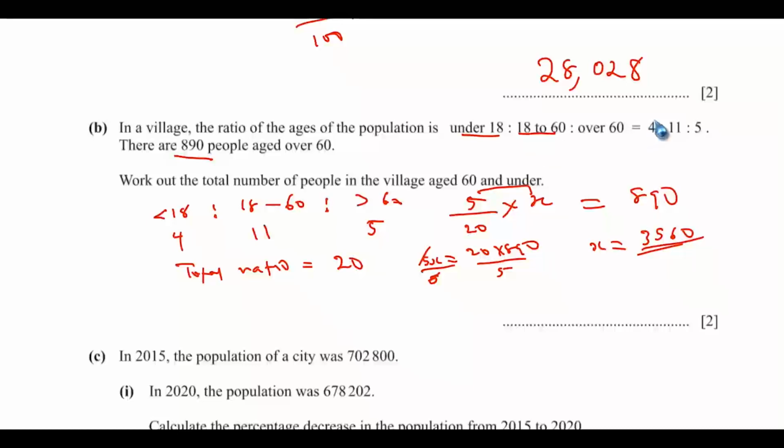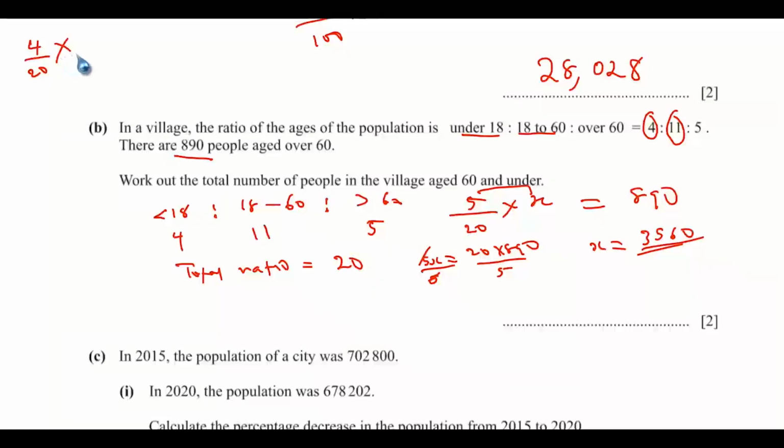The total number of people in the village aged 60 and under will be this and this. We are dealing with ratio 4 and ratio 11. Ratio 4 is meant for under 18, and ratio 11 is meant for between 18 and 60. These are the two ratios we need. Since we know the total population to be 3560, I can work it out here. Let's go with the first one. For those that are under 18, the population will be 4 out of the total ratio 20 multiplied